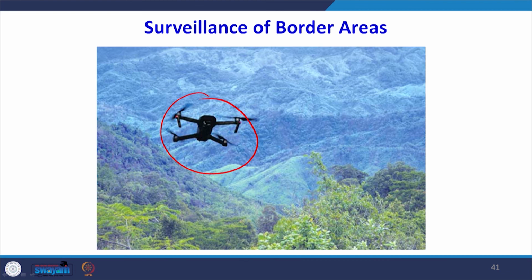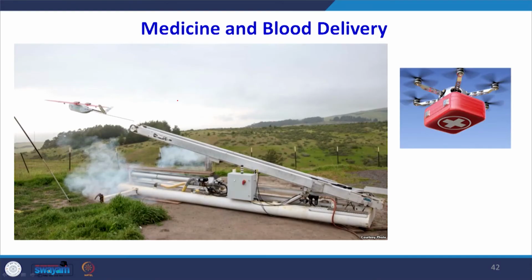Here in this slide you can see a multi-rotor, a quadcopter, and the quadcopter property is that it can stay at a point for a longer time. So, it can stay at some critical locations, you can deploy the drones and they can monitor that particular area regularly day and night, and you can actually do the surveillance of the border area, the sensitive areas.